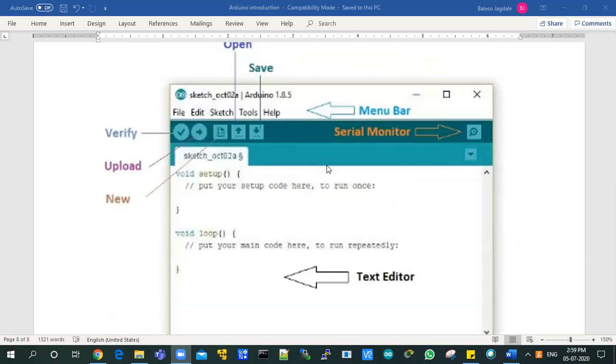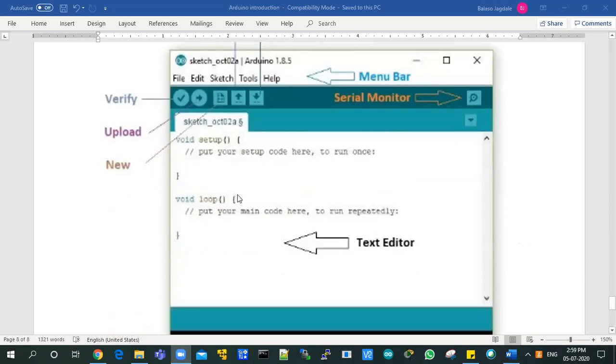It's available on arduino.cc, the site, and here you can write the program to program the sensors, actuators, or even to communicate with the cloud. Then you can verify the code, and if after verification the program is fine, you can upload the code to this particular Arduino board. Once uploaded, the program will start. The only thing is that power is required.